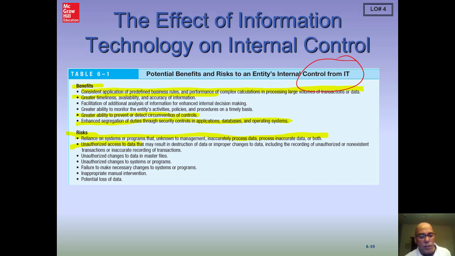Potential loss of data. I was on an assignment once where some data was corrupted at a major credit union that we were looking at because they ran their backup and their maintenance on their computer systems at the same time. Somebody trying to go home early on the weekend tried to run both of those simultaneously, and they corrupted their data, causing major outages at several credit unions. This particular one that we were looking at was a corporate credit union that disseminated data out to several other credit unions, and it affected all of them because of inappropriate procedures, and there was a loss of data as a result of that. So that's something that needs to be considered, and of course the proper operating procedures would avoid something like that.